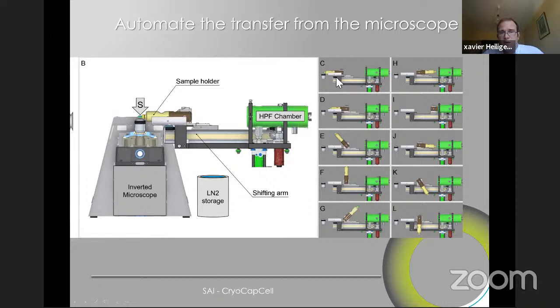So the whole process from this live cell imaging to the high pressure freezing nowadays with our machine is 1.2 seconds. So basically, this is something which has gone extremely fast, from 1 minute to less than 2 seconds, and which is reproducible because it's a machine that does the job and no longer a human. So this is quite important, because then from one experiment to the other, we're pretty sure that it will look pretty much the same, and the duration of the gap between the last image and the freezing is registered, so you know exactly what happened and how long it took.